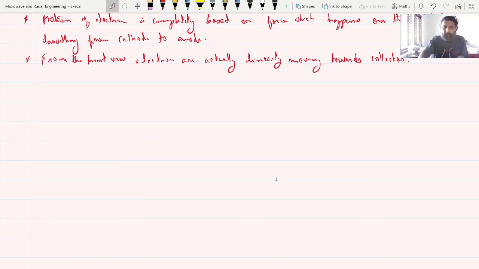So the actual velocity of the electron that is moving will be lower than the velocity which is progressed in the direction, that is, the velocity is less than the phase velocity that happens to the electron. So that also I will write.